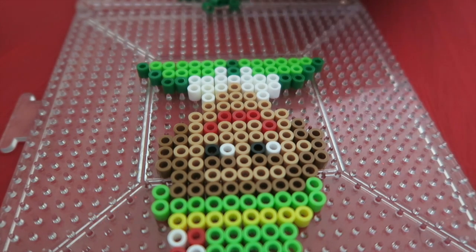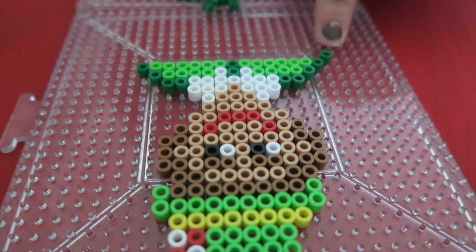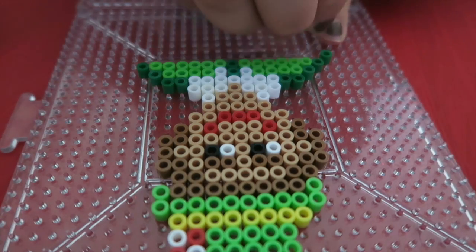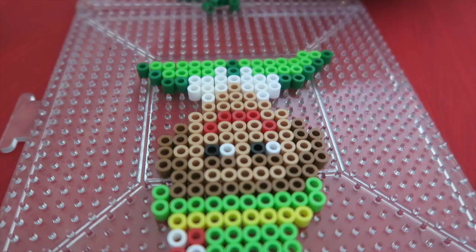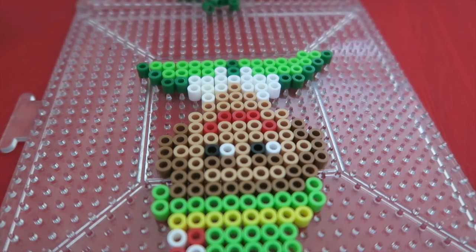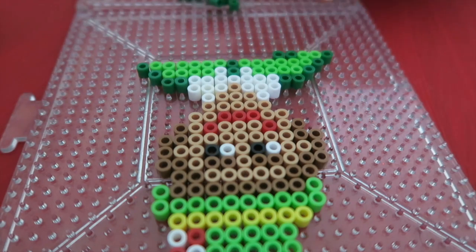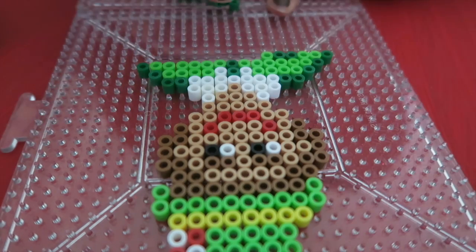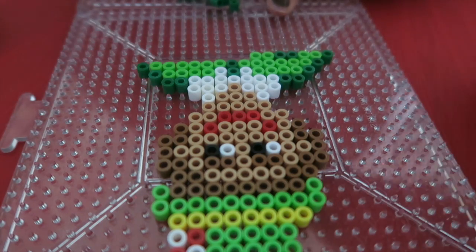Next row, we're gonna go out another one with our dark green. We're gonna go 2 light green, 1 and 2. And then we're gonna go 2 with our dark green, 1 and 2. This is forming his arm. Light green, whoopies, and